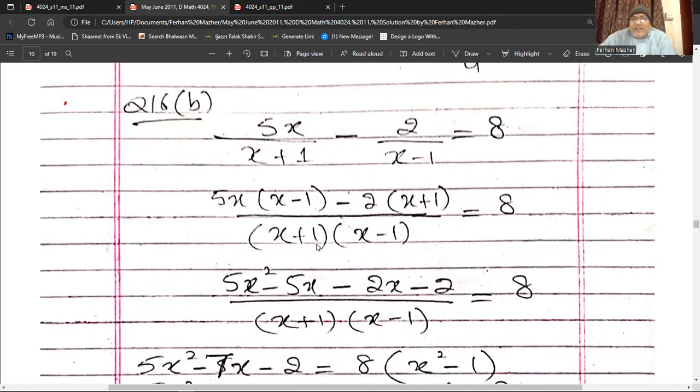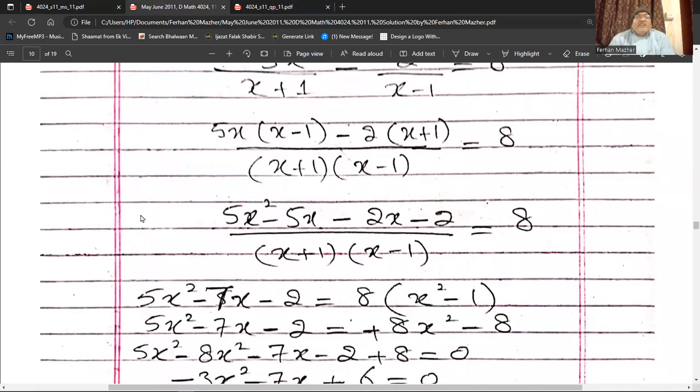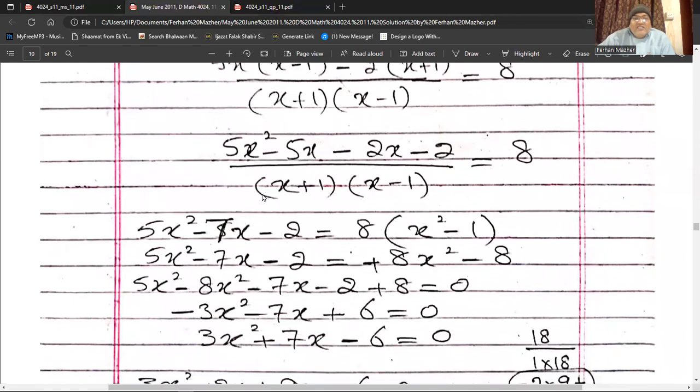The whole thing divided by x plus 1 into x minus 1, and that is equal to 8, sorry. So this will become 5x squared minus 5x minus 2x minus 2, and the whole thing divided by x plus 1 and x minus 1, and that is equal to 8. So this will go on the other side: 5x squared minus 7x minus 2 equals 8